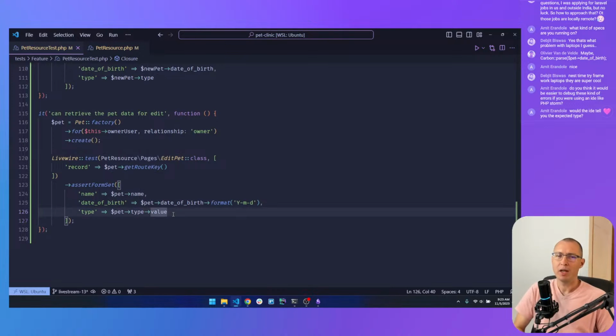I'm pretty sure we would have the same issues. I mean, it's not an issue, it's just knowing what values to assert. Whoever uses PHPStorm can maybe give a better answer, but yeah, I don't know.